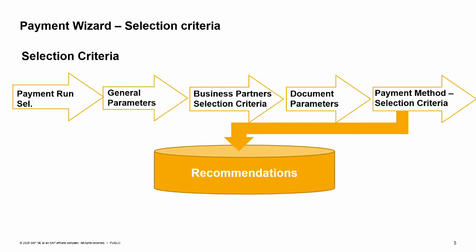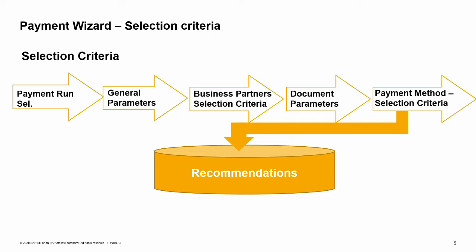In the Payment Wizard, payments are created according to your selection criteria and payment methods. This graphic shows the steps in the Payment Wizard. First, each run of the Payment Wizard is identified by a payment run name and the date of the payment run. Then you specify several selection criteria as follows: general parameters such as the date of the next planned payment